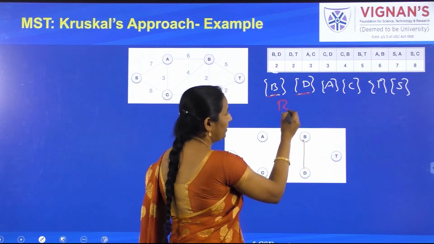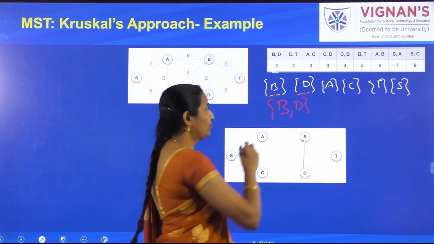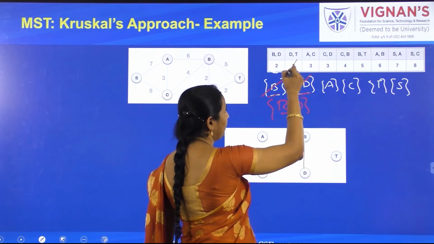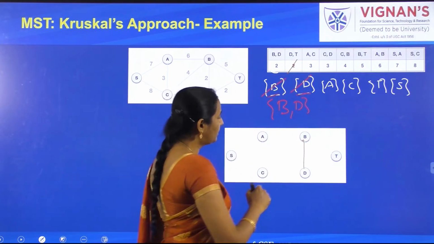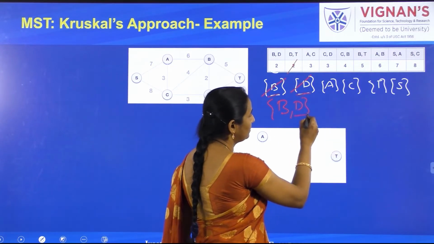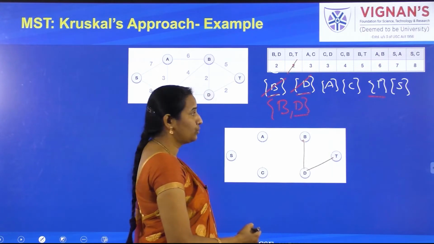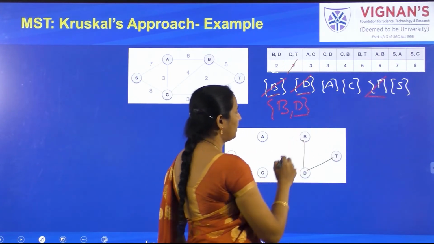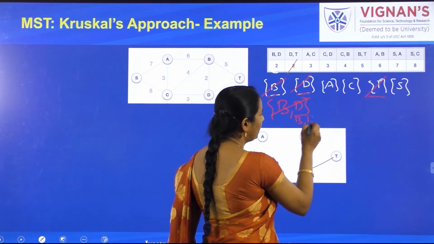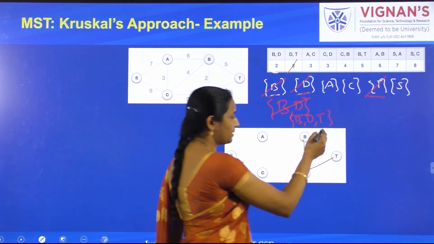Because they are added into the solution, you need to form a single set out of those sets. Now these are the sets. And now what is the next one? The next one is DT. And DT, whether they are belonging to different sets or not. So D is in the set and T is in the set. So I can add DT also to the solution. Now after adding, this T will not be there. Because BD is also not there, BDT will form a single set. Now these four are the sets that are remaining.